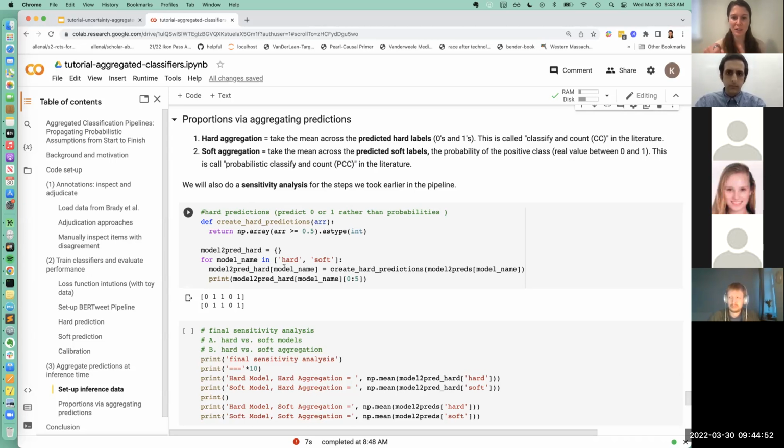If we just take the mean across these, this is called classify and count in the literature. But we can also do a soft aggregation. So we can take the predicted soft labels, the probability of the positive class. So it's a real value between 0 and 1. And this is called probabilistic classify and count. And so this is a really simple aggregation step, but as you'll see, there are slight differences in the final